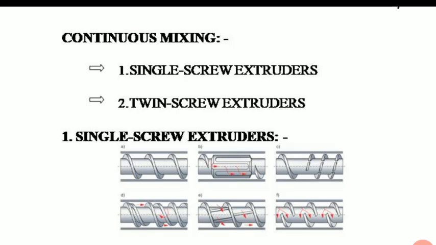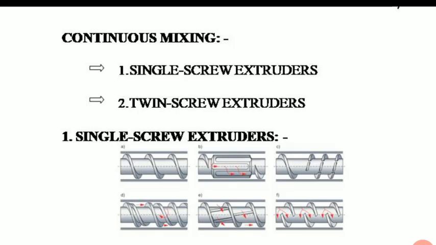The mixing of compounding ingredients in extruder can be modified by use of special mixing sections. These sections are usually located in the metering section of the screw.